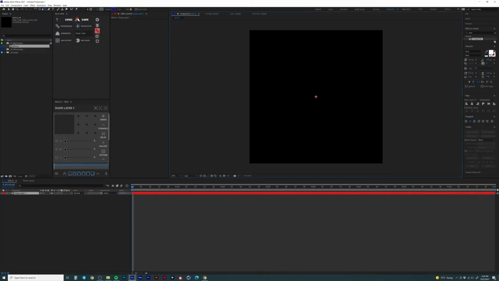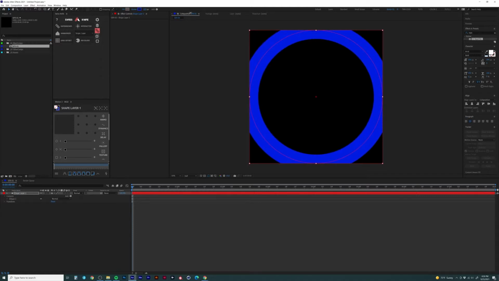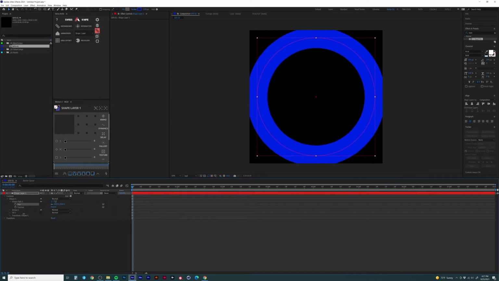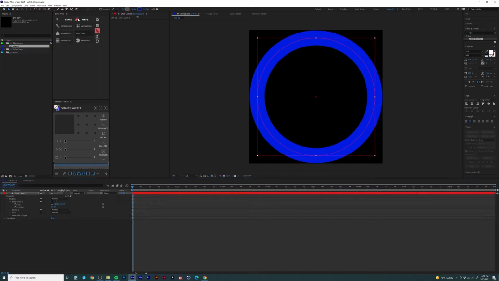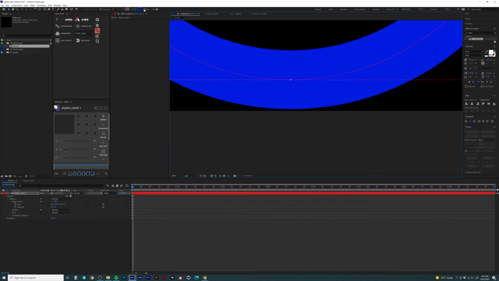So I'm going to create a shape layer, start with a circle, double click the circle, and it will automatically size it up to fit the comp. Let me adjust the size of the stroke. Let's see here. Cool. So once I get it to fit just right,